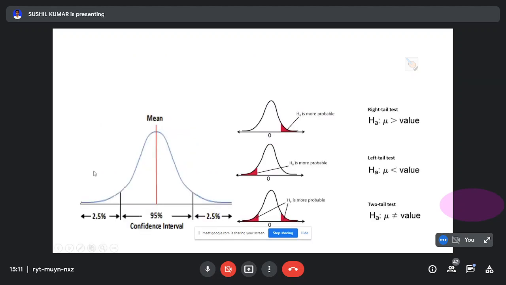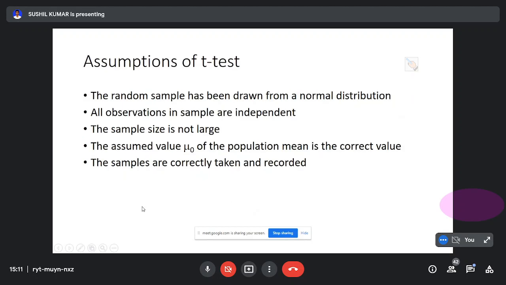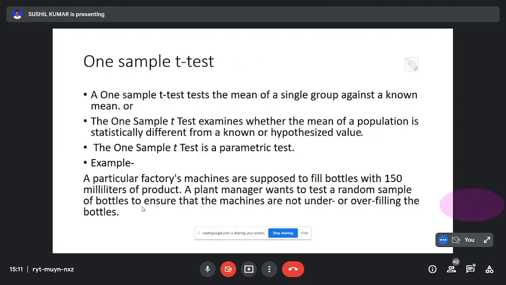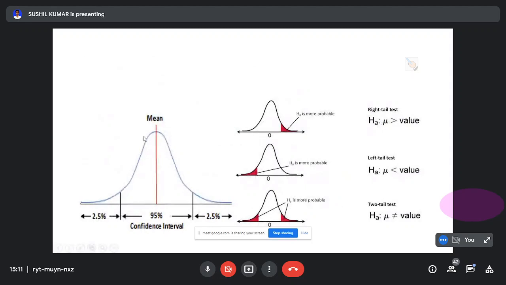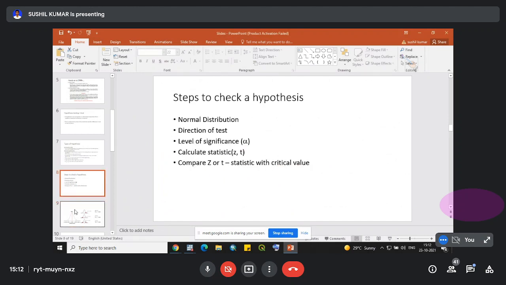Here you can see in this graph, this is our critical zone on both sides. In this graph, you can see this is the confidence interval. Suppose we are taking a level of significance of 95%.